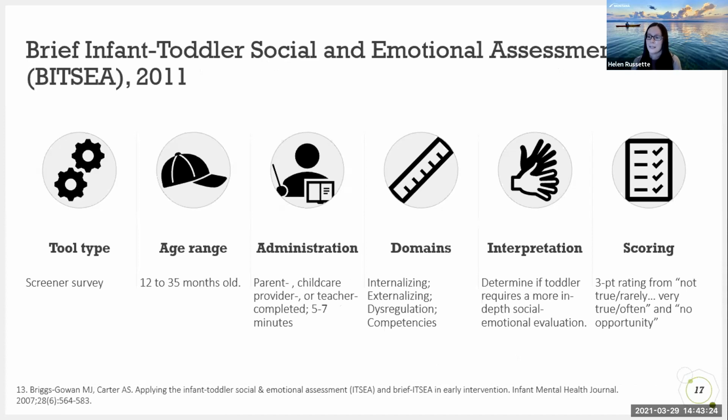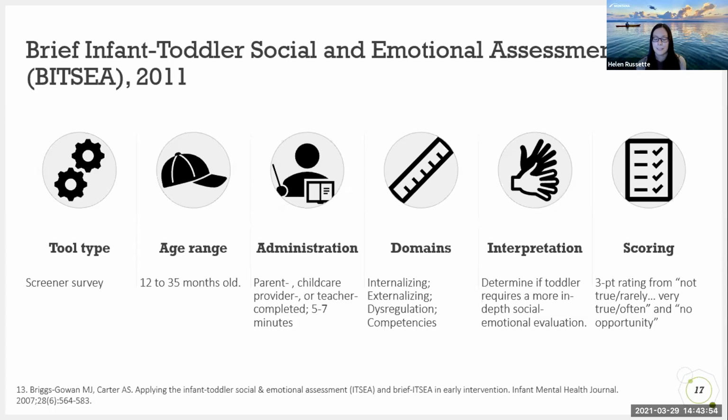It includes 2 types of behaviors: social emotional problems and social emotional competencies. So for problems, that includes externalizing, internalizing, dysregulation, and for competency, that includes social emotional abilities such as sustained attention, peer relations, empathy,